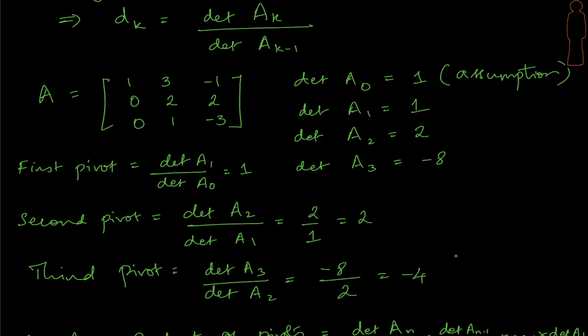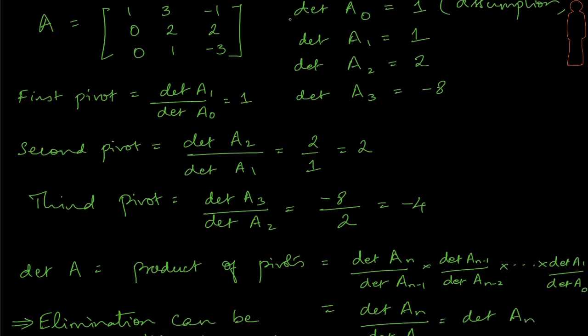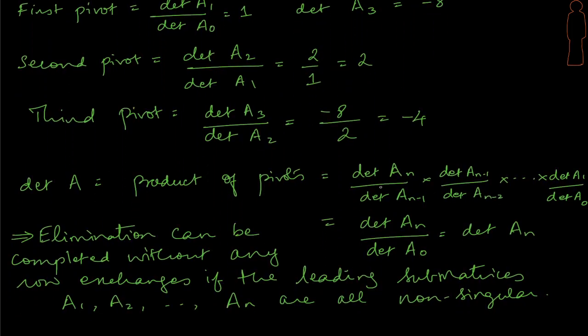Okay. Now there is also a simple way to verify this formula that we just obtained here. How are we saying that this formula is correct? Okay, the way we can look at it is that we know the determinant of the entire matrix is the product of its pivots, and we have a formula for the pivots, right? So why don't we multiply using all the pivots, use this formula and multiply and see what happens, right? So here is the way we can verify this.